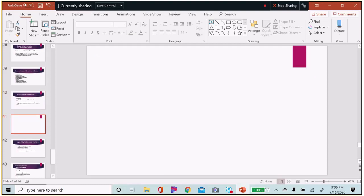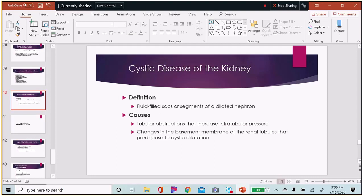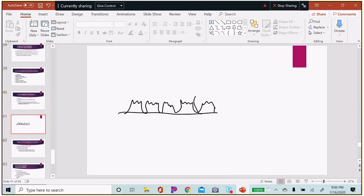So we've always talked about epithelial cells. In the kidney, they have like a brush border. So I should actually probably draw them that way. They're sort of like this, the kidney cells. Different epithelial cells laying on a basement membrane. So if there's some kind of dysfunction in the basement membrane that allows for cysts to develop, so a fluid-filled sac, if that cyst gets larger and larger in the nephron, then it's going to obstruct the nephron, which means